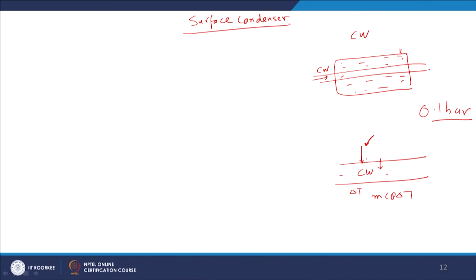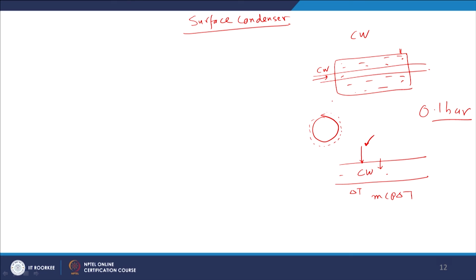What is going to happen? Air will envelop this tube. So, this is the tube. A thin layer of air will envelop this tube, because this is the lowest pressure zone in the entire system. In the condenser itself, the vicinity of the tube is the lowest pressure zone. So, here a thin layer, a cloud of air, will be formed around the tube. Now, this cloud of air will prevent the heat transfer, or it will hamper the heat transfer.